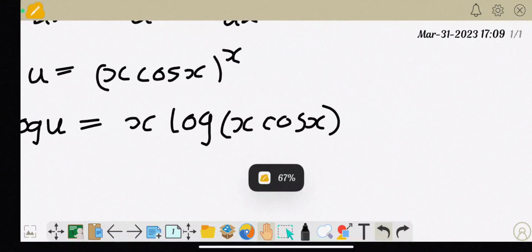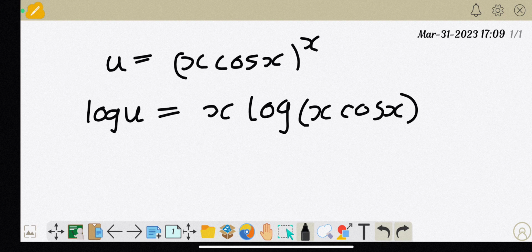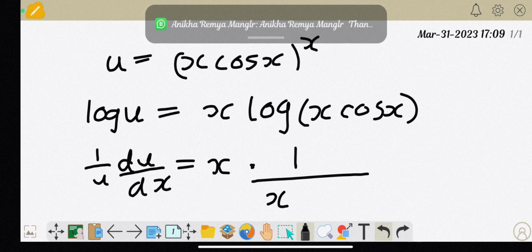Okay, now next step, what you have to do? Differentiate on both sides. So 1 by u du by dx. Here, let this be my first function, this be my second function. So first function into differentiation of second function. So differentiation of second function is 1 by x